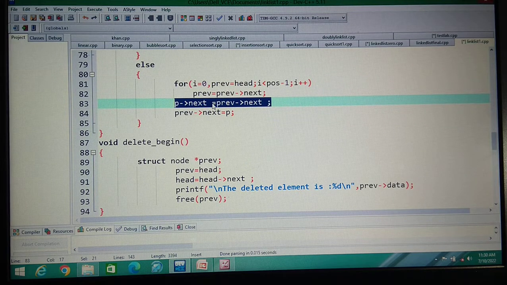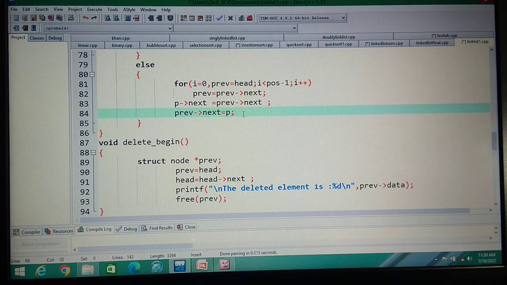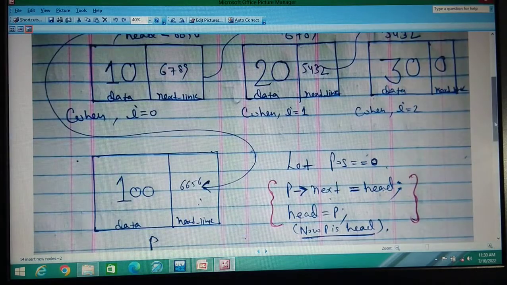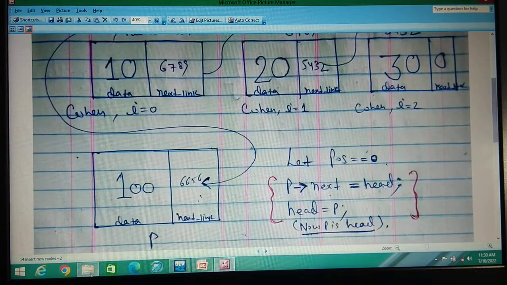But if you want to insert a node in the middle, in this condition it is very important. Now this line will execute only one time. Done. Now at last you are saying P is pointing to PREV dot next. What is the meaning of this? P is pointing to PREV dot next means this address of this is pointing to PREV, its next is null.